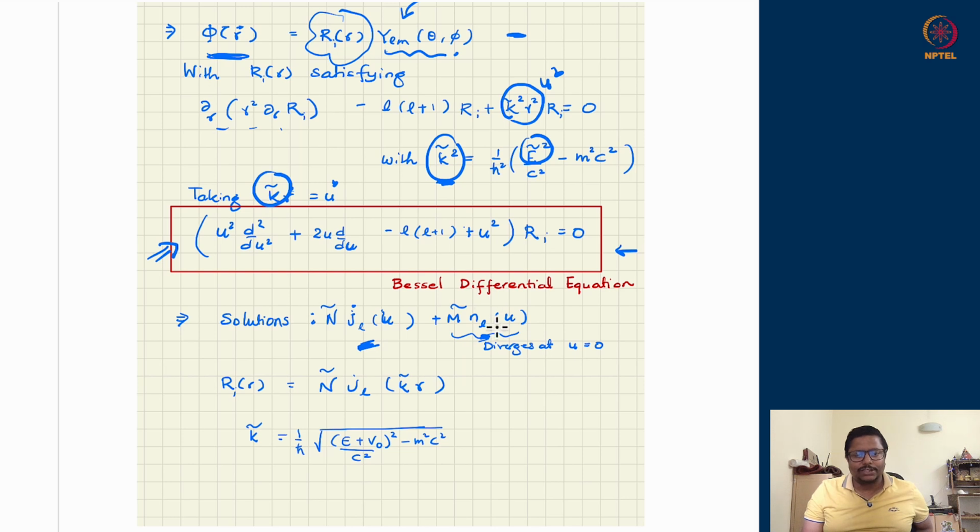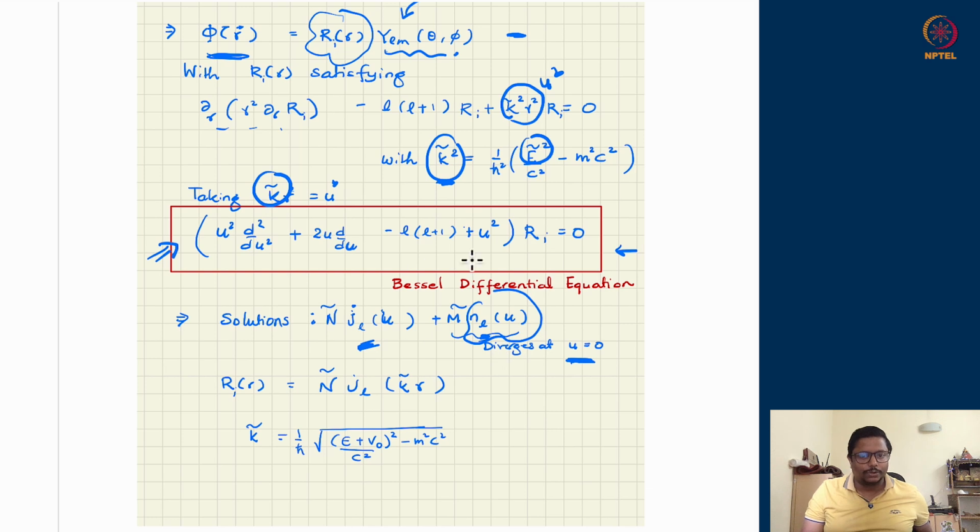If you follow the literature of the Bessel equation, this Bessel differential equation you might have solved, for example, in solving the electromagnetic wave equation or the electrostatic potential in cylindrical boundary conditions as well. There the same equation comes about and the same two solutions appear. It so happens that one piece of the solution, which is N_l, diverges at u equal to 0 at the center. I do not want that.